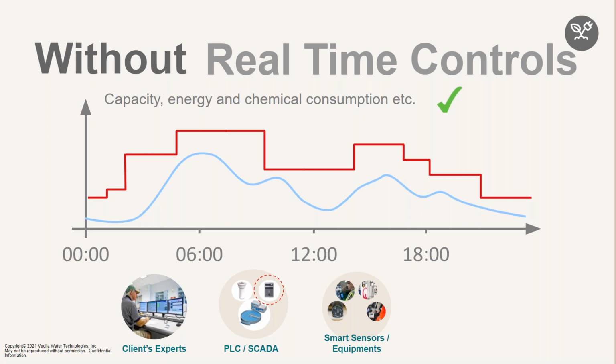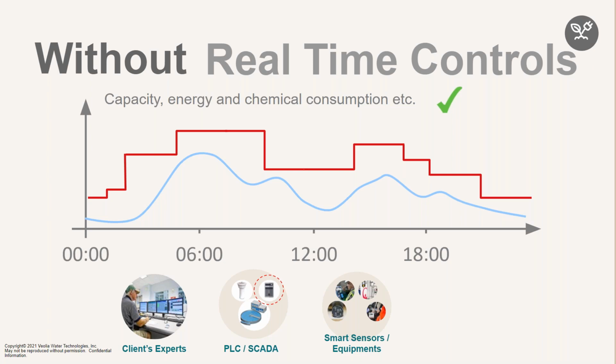So a bit in ladders, it's load adapted, it's optimized, it's above the needs of treatment from the blue line, which is the load. And that's thanks to the local expert of the operator that knows his plant, the PLC that was programmed, the equipment and sensors that you have installed there. So it's very secure, it's robust, and it's giving a good and compliant result. But